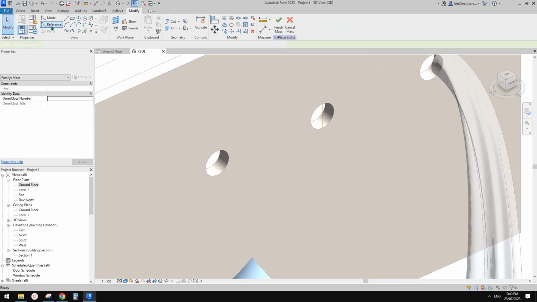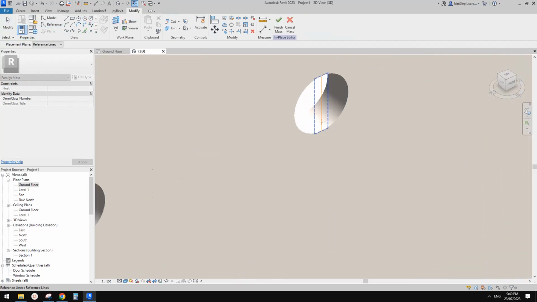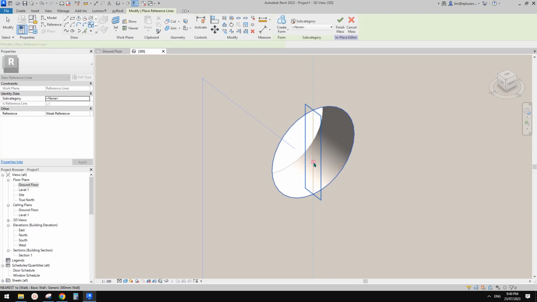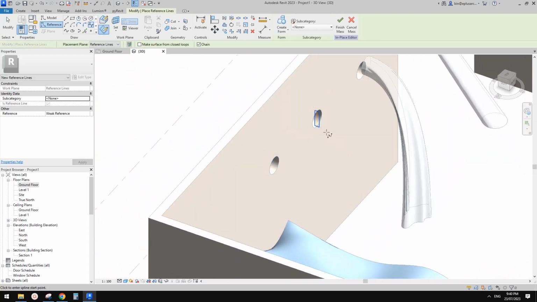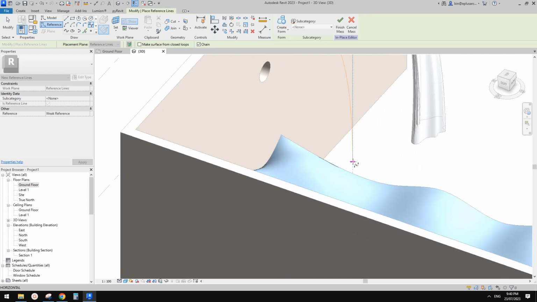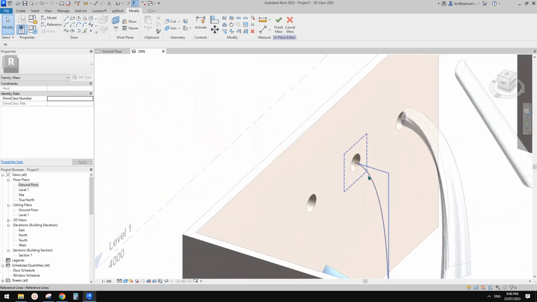We can create another reference line, use spline, draw on work plane, set work plane, zoom to zoom, let's tab, so pick this reference work plane. Now we can just do the same, so here, go here and come down roughly here. Okay, so this is it. So this is the